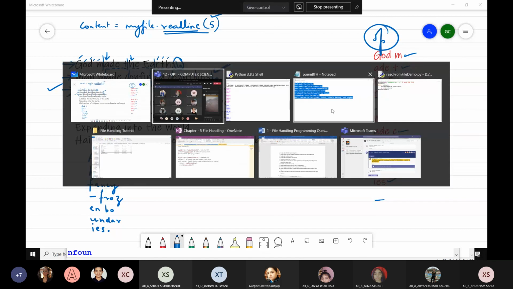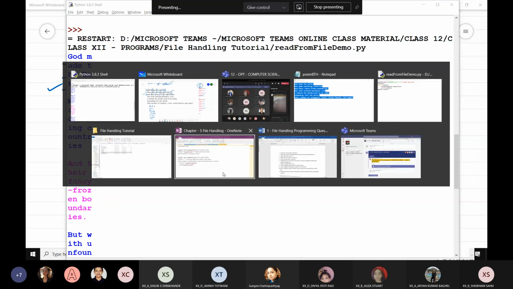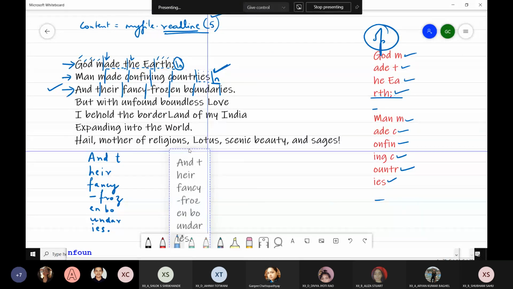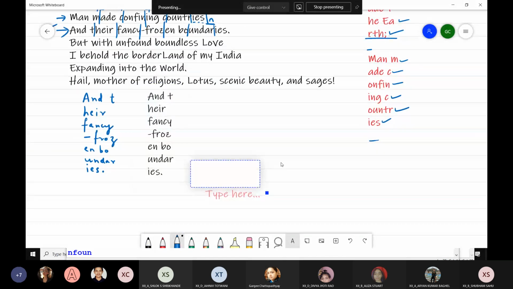If I check the output, you can see it over here. The same. Compare the two, it's the same, right? So I hope this is clear to everybody. Yes, ma'am. Yes, ma'am. Okay.